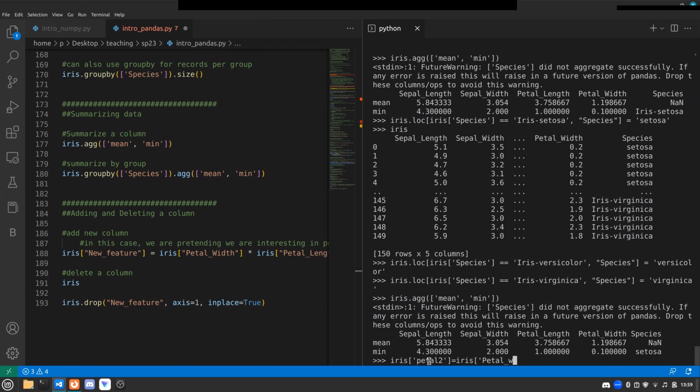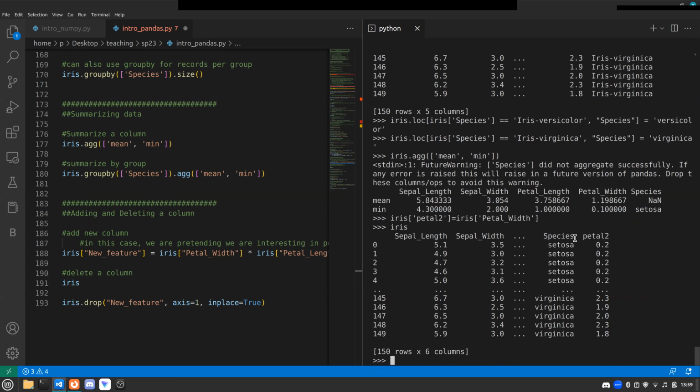So in this instance, this is a silly example. I'm just doing it so that we have an example. Okay, and then let's check out Iris. And you see Iris now magically has a new column called petal 2, which is equal to the petal width. So petal 2 is the petal width. We've just added it in there and pulled the values over and copied them, right? And so you can do that for any